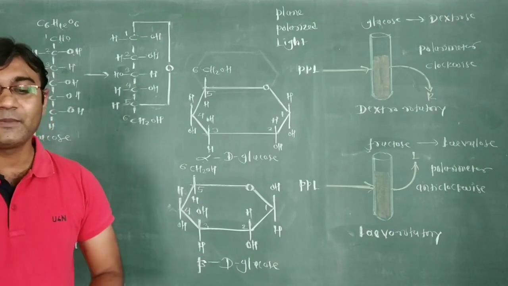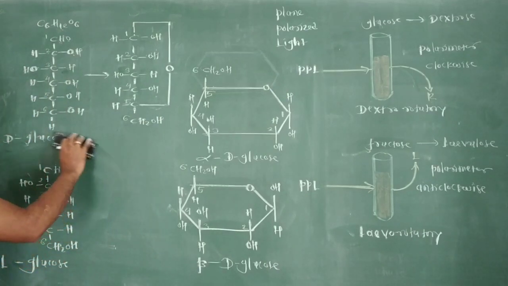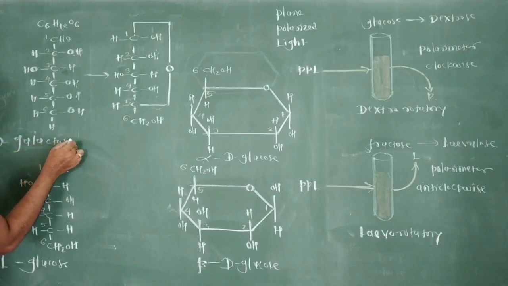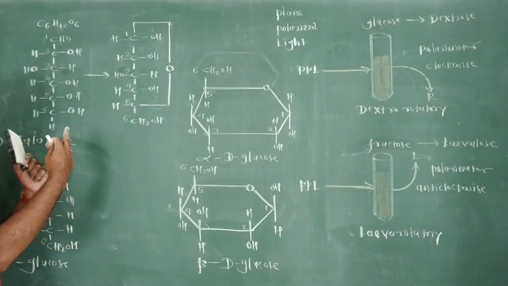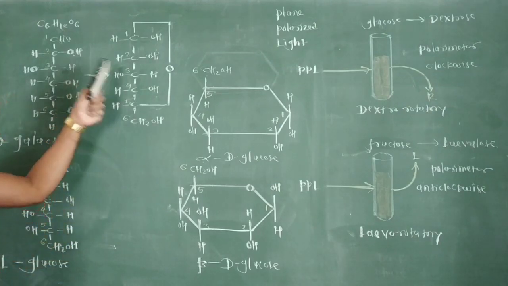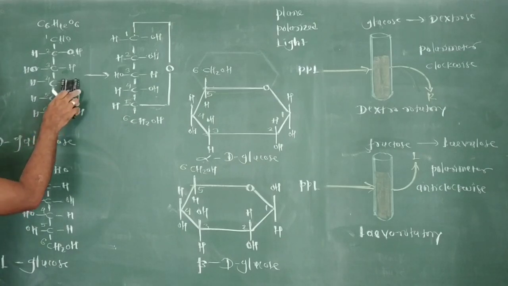Then we can mention the others. Suppose galactose, D-galactose. How to prepare the structure? So I am carrying out changes here. You have to draw the second structure entirely. What is the difference between glucose and galactose? At just the fourth carbon,